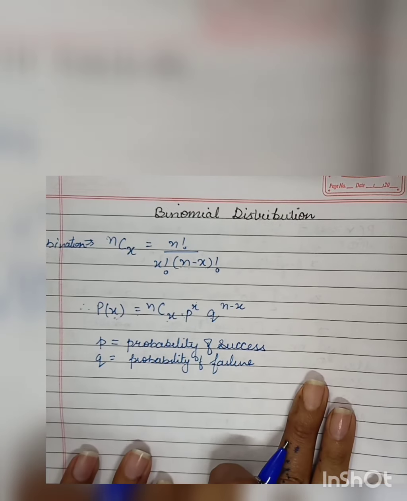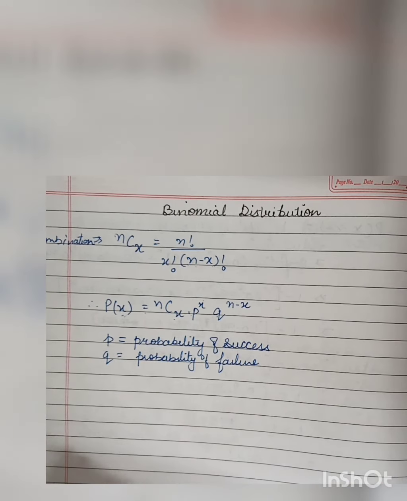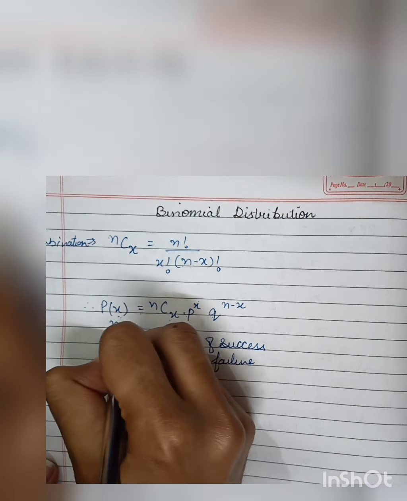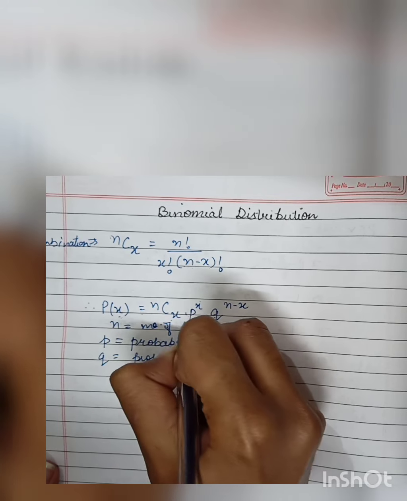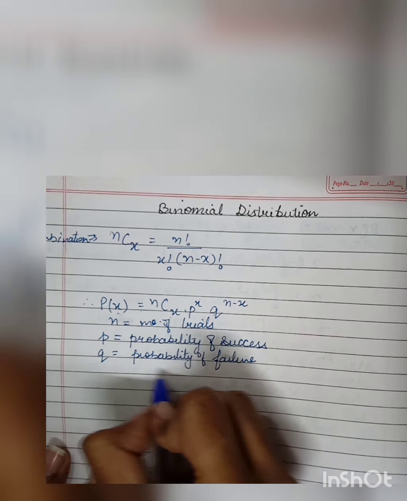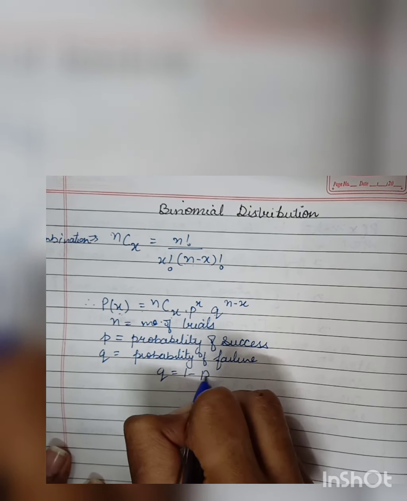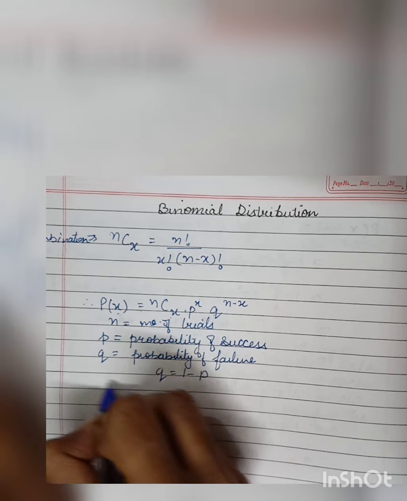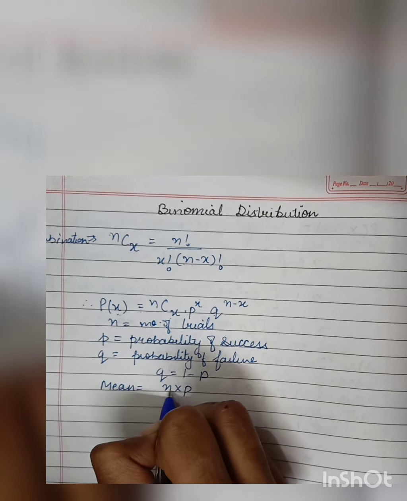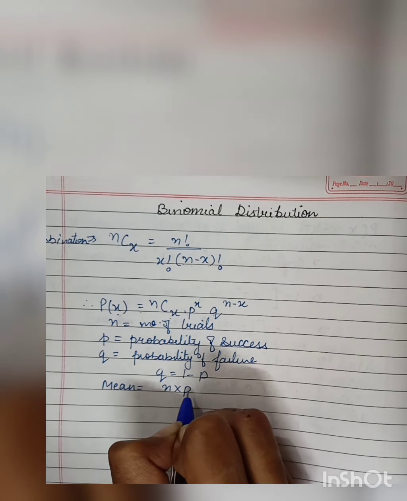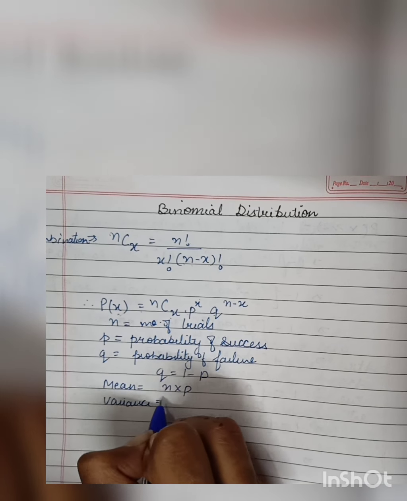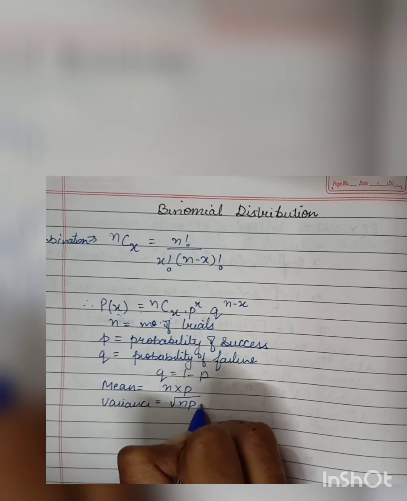If we are going to study binomial distribution, we have a sampling of some numbers, where n is the number of trials. Now if we have to find q, the formula says q is equal to 1 minus p. And for finding the mean, it is equal to n into p, that is the number of trials multiplied by the probability of success. And if we have to find the variance, it is equal to the square root of npq.